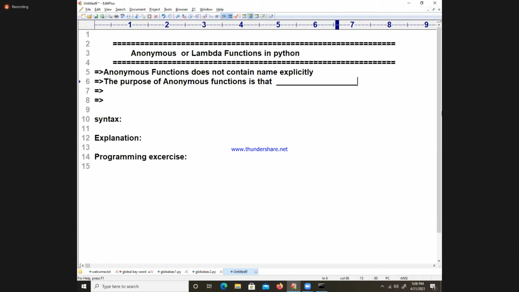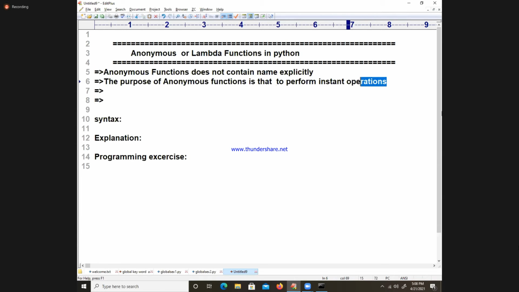To perform instant operations in our Python programming, it is always recommended to go for anonymous functions. The purpose of anonymous functions is to perform instant operations.